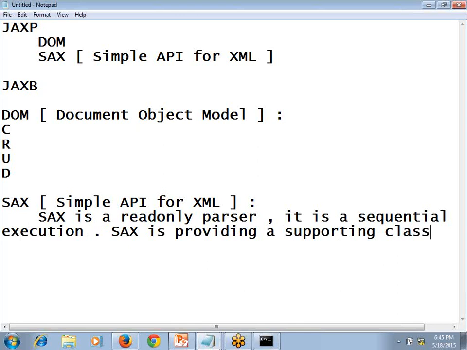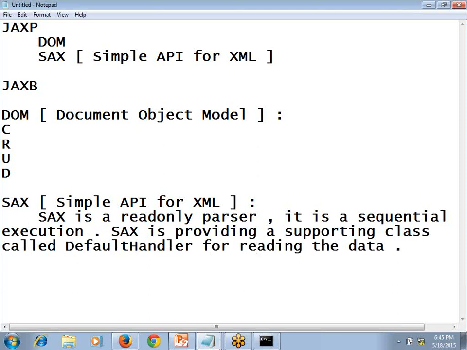DefaultHandler for reading the data. So it is providing one class for reading the data, and the supporting class it is providing is